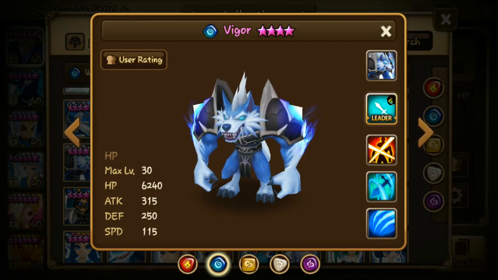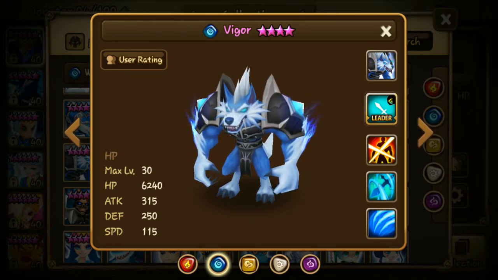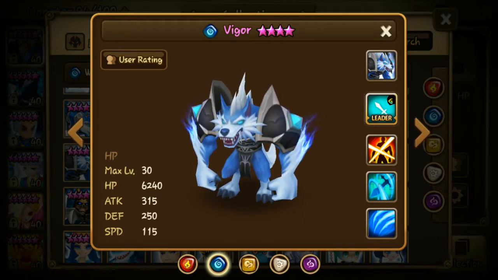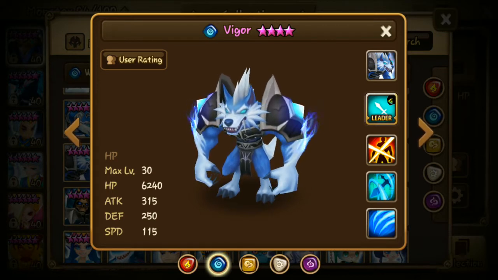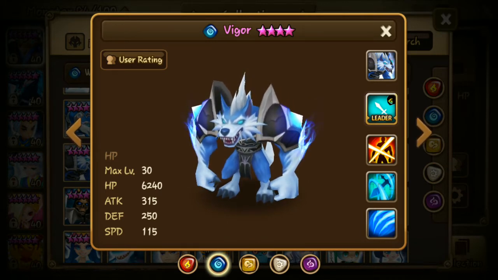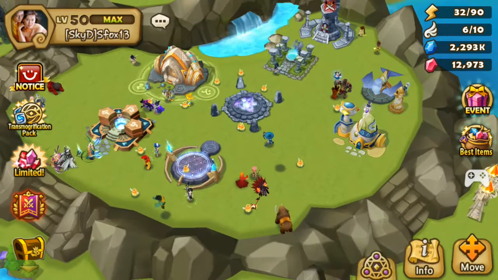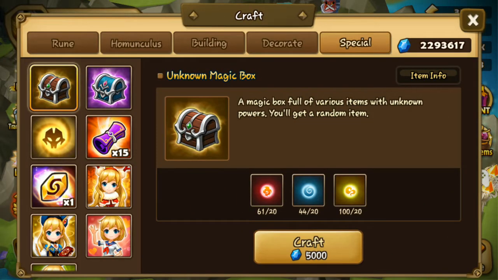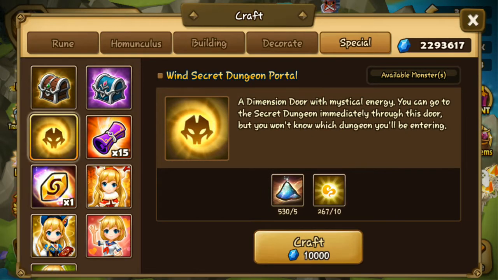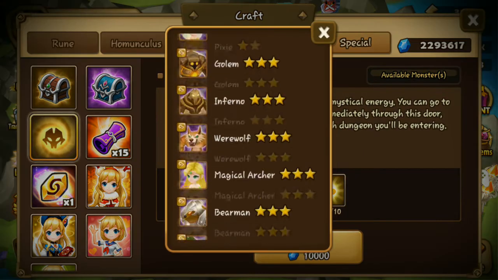Okay, so I don't have him. So I'm planning on farming the secret dungeons for Vigor, and I'll try to build him. And I think you can also get him from the secret dungeons during the Hall of Water. I think he's also available there, if I'm not mistaken. Let me check. Where is it? I think we can look at it. Available monster. Oh, okay. But I can't look at the water one, right? Because I can't open the water one yet. I think, yeah,